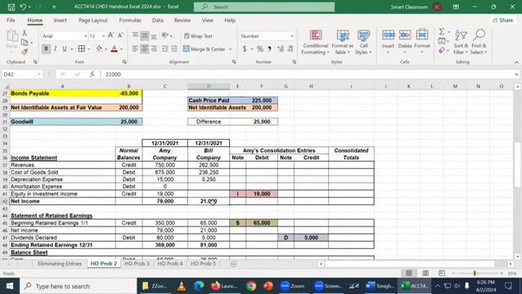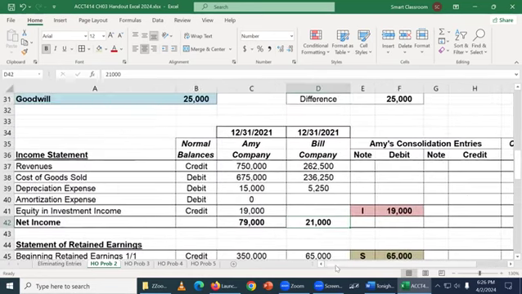And by the way, if you look at this, at the income for Bill company, you'll notice that they have 21,000 on the books and we have 19. Well, the difference is that 2,000. All right,